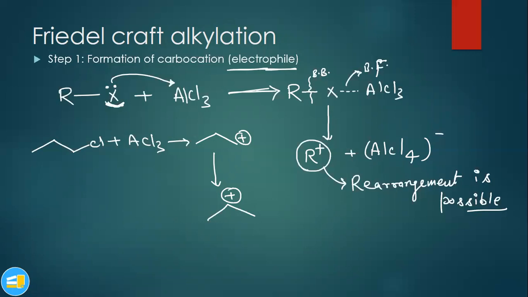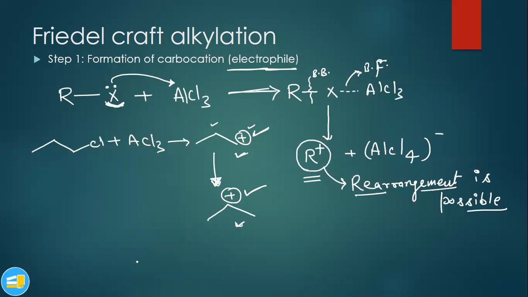Now, due to rearrangement, students generally attach this carbon directly to the ring, but in reality, this other carbon will be attached, because whenever a carbocation intermediate is formed, there is a possibility of rearrangement. So the carbocation is basically rearranged from this position to this position. Why does that happen? Because this particular carbocation is more stable than the previous one, so the previous one will rearrange itself to a more stable carbocation.